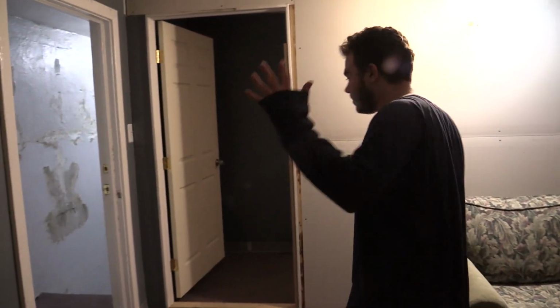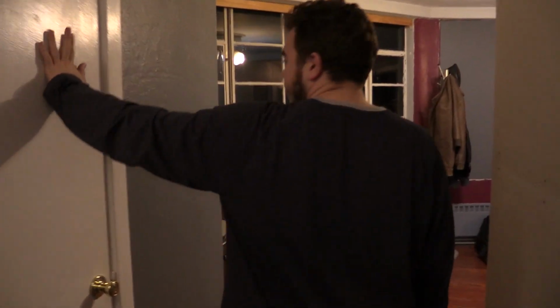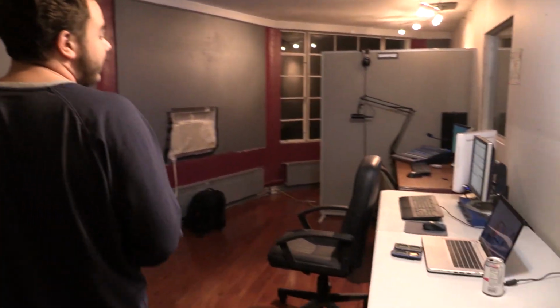And if you come over this way, this is where the producers really hang out. This is where the work really gets done. So you come down a nice hallway right here, nice LED lights up above, little storage closet, nothing really special in here. And this is where the real magic of the show happens, all the technical stuff